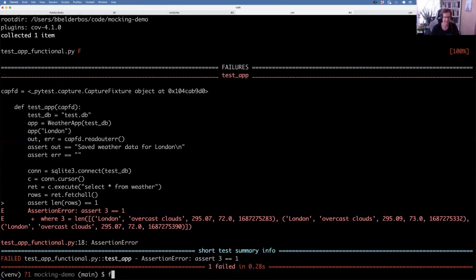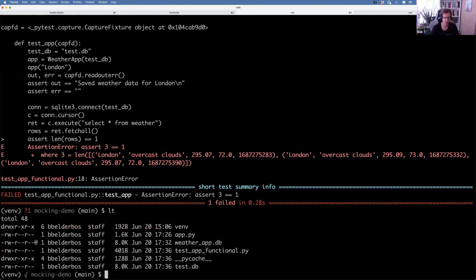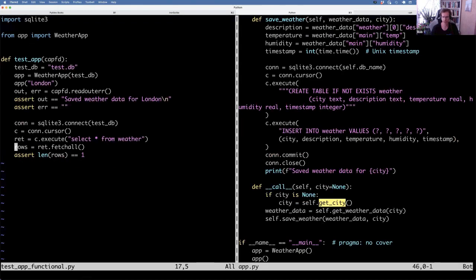Okay, so this is nice actually. I got 3 rows instead of 1, and that's because we're not cleaning up the database, right? We just keep using the same database over and over again, right? So here we get into fixtures, and it's kind of funny, right? We do a clinic on mocking, but we're actually going into pytest fixtures, which is not a bad thing because they're kind of important. So this whole database setup, or at least the tear down, I would say